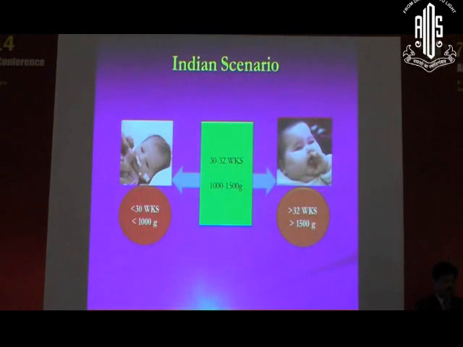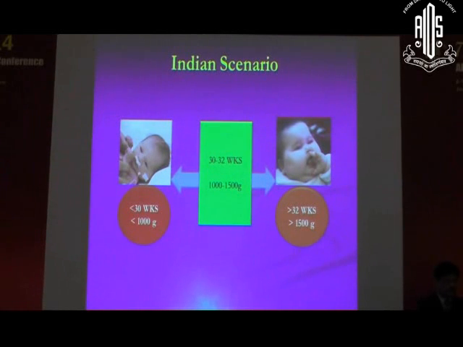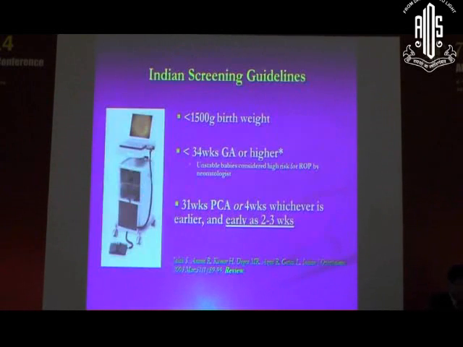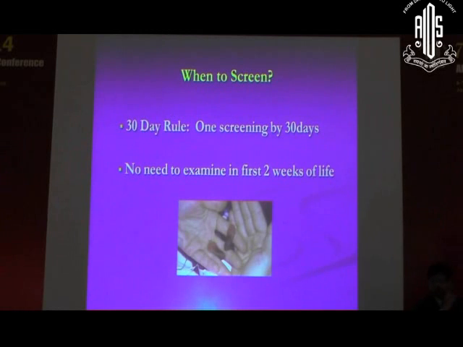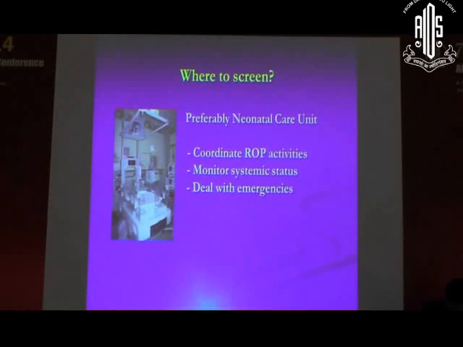However, the next stage is completely different because we have very small babies developing aggressive superiority as well as very large babies also coming because of poor nursing practices in the system. So, possible modification of the screening guidelines has been suggested that we take it to 34-week gestation as well. And we can screen as early as 3 weeks also, to pick up cases of early excessive superiority. However, if we follow the 30-day rule, that once screening should be done at 30 days, we will be able to cover a large number of babies and there is no need to examine the first 2 weeks of life because RP is not disease and drugs.